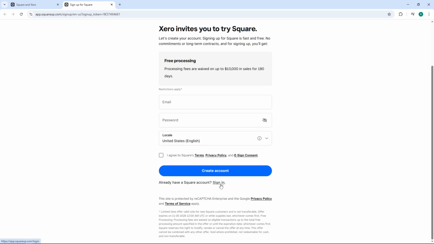By granting these permissions, you're allowing the two platforms to communicate securely and share transaction data automatically, which means your payment information will flow seamlessly into your accounting records. And that's it. You've successfully integrated Square with Xero, and your payment data will now sync automatically between both